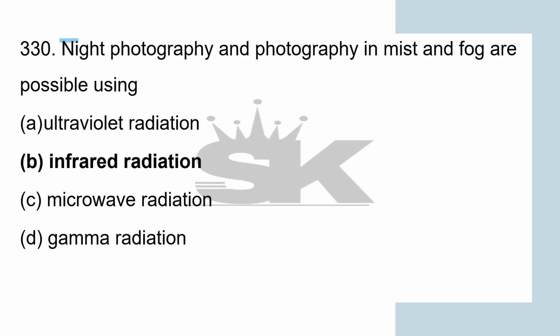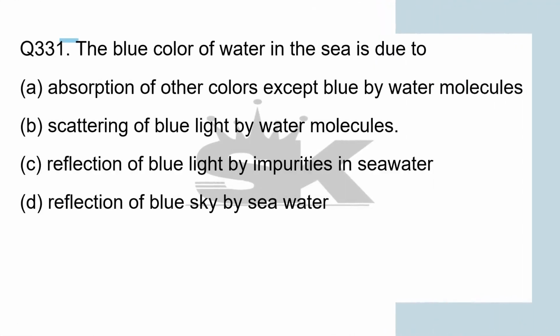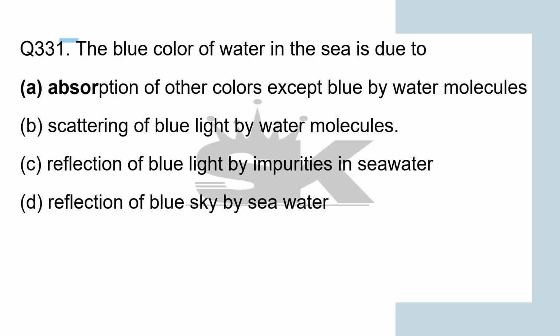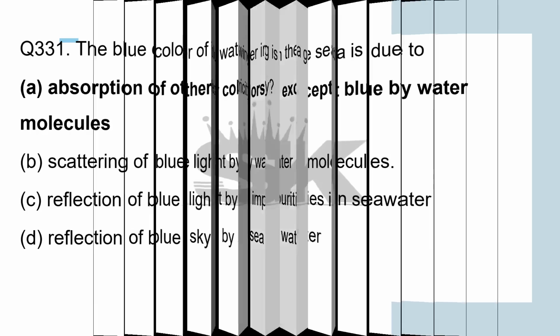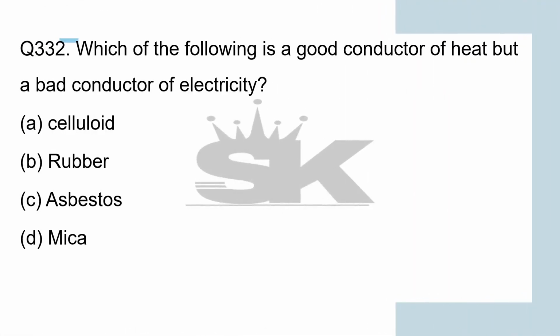Okay, the blue color of water in the sea is due to absorption of other colors except blue by water molecules. Okay, which of the following is a good conductor of heat but a bad conductor of electricity? That is mica. Okay,